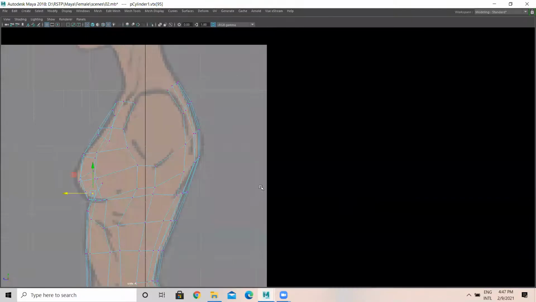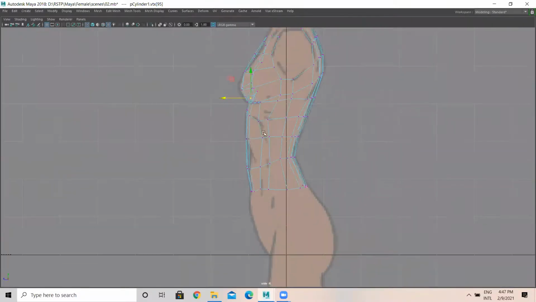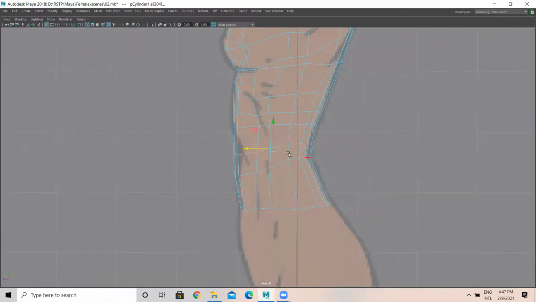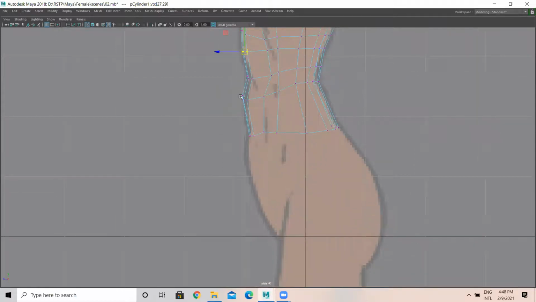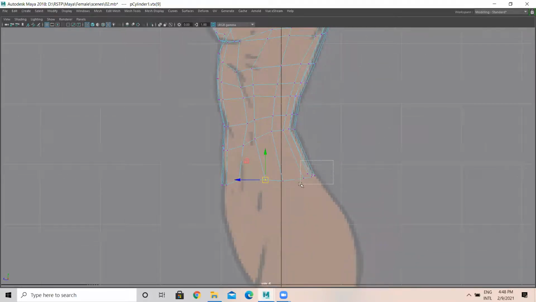So then after this, here at this particular part, I'm going to add mesh, insert edge loop, one exactly here, one exactly here. Wherein this particular vertex will go inside. This part is something like this. Then here it is like this, and this comes here like this.